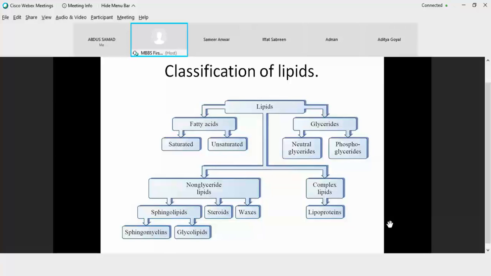So we have two types of phospholipids: one, a phosphoglyceride, another, a sphingolipid, mostly sphingomyelins. Now sphingolipids could be phosphated, and if they do not have a phosphate, they go for the formation of a glycolipid. Glycolipids start from the formation of a ceramide, which does not have a phosphate group. So we have TGs and glycolipids which are neutral in nature, and we have sphingomyelins and phosphoglycerides which have amphipathic nature.